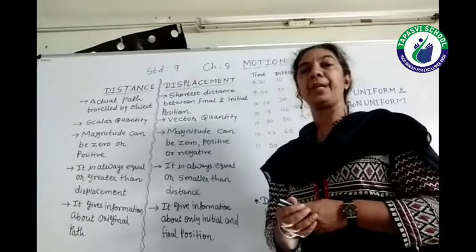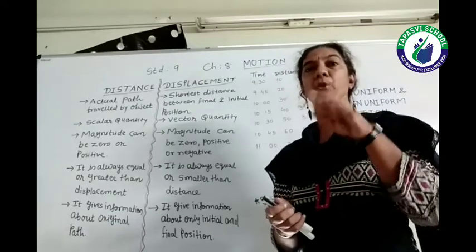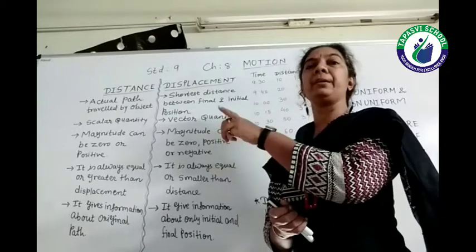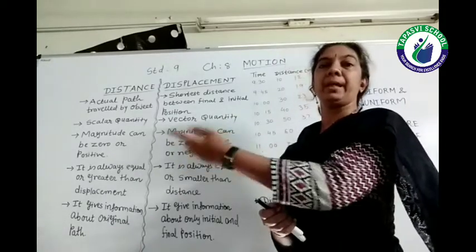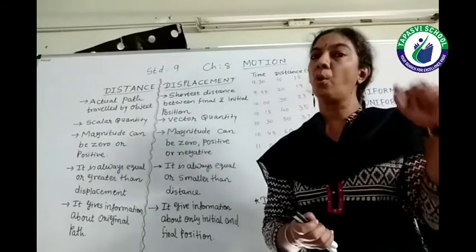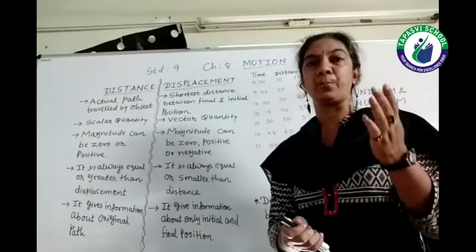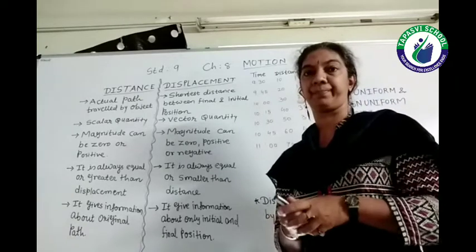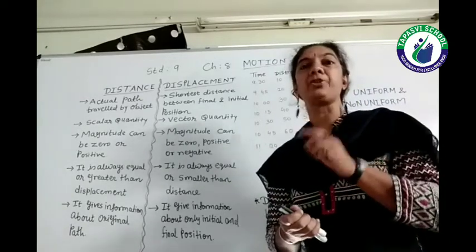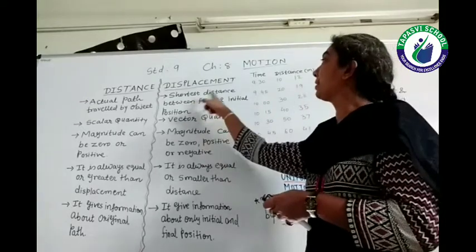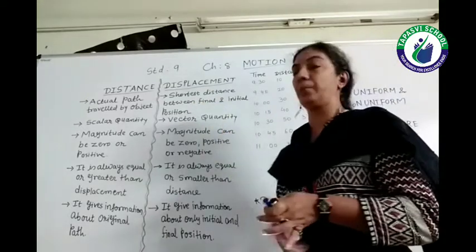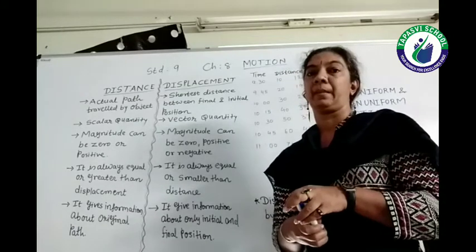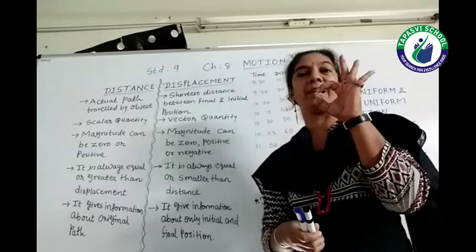So, if we have the object at O, the origin, and after traveling a distance till A, it comes back to O only, which we are saying is position D. It means O and D both are the same. So in that situation, the shortest distance between final and initial position, now that final and initial positions are the same, the shortest distance traveled is 0.